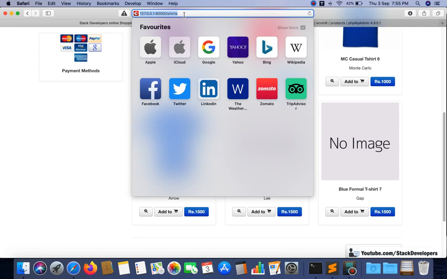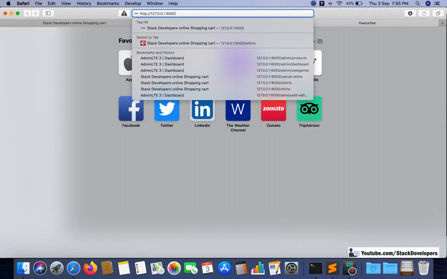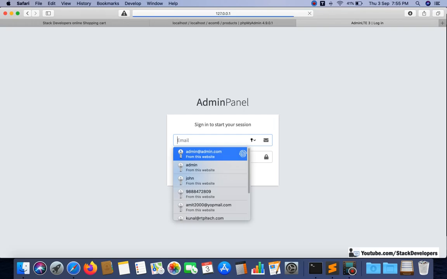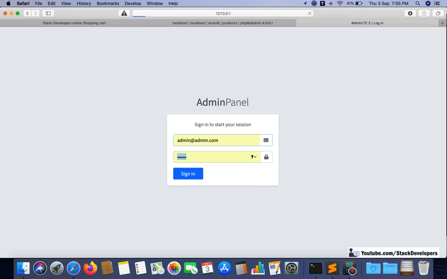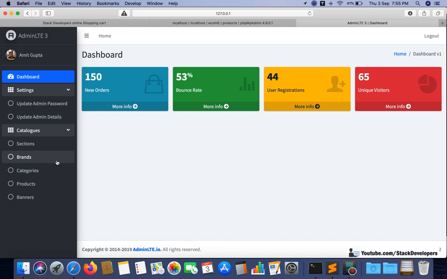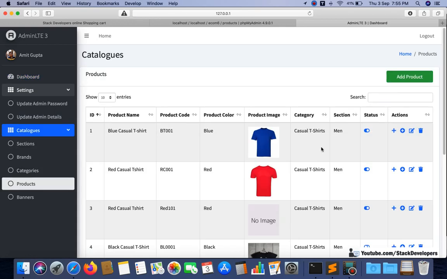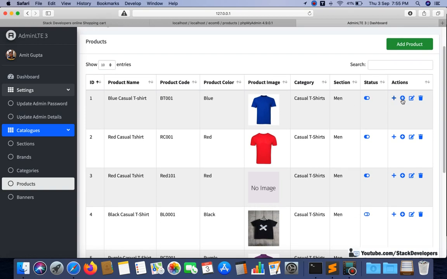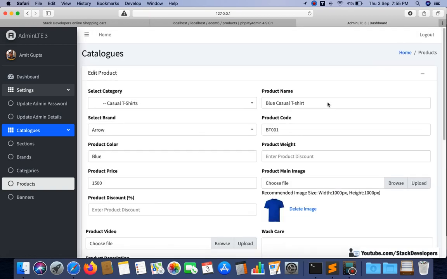I will also check in the admin panel the filters that we have done, and also add the filters for our products, because whenever we use them, some options must come up. Here you can edit any product and check out the filters.